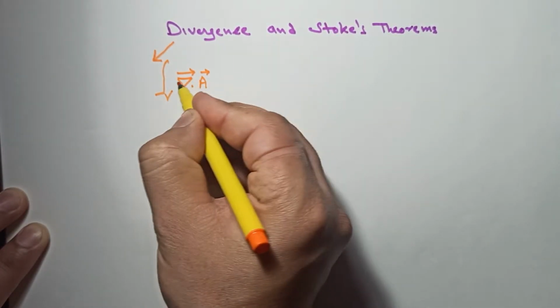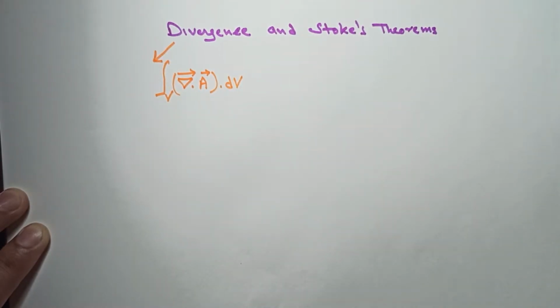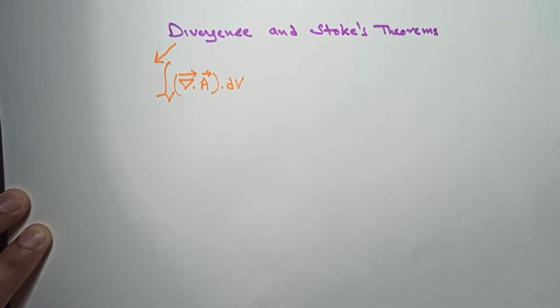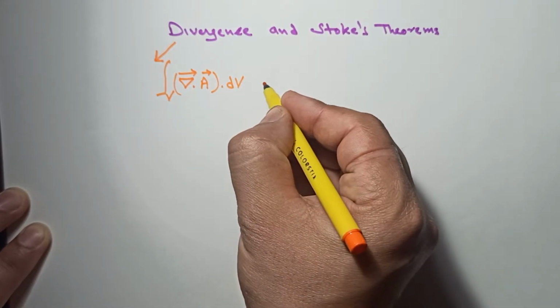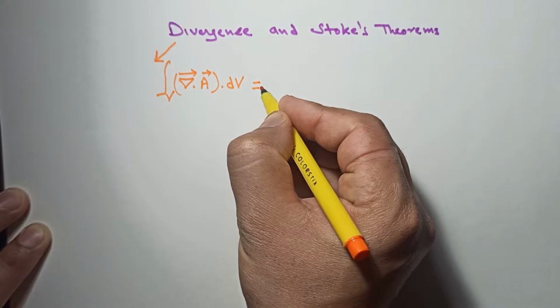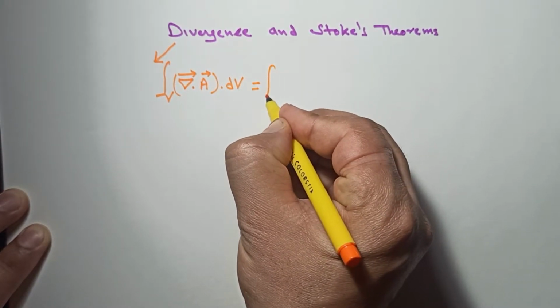The volume integral of the divergence of a vector field equals the total outward flux of the vector through the surface that bounds the volume, which would be equal to